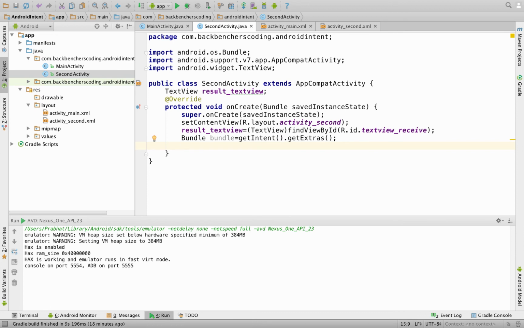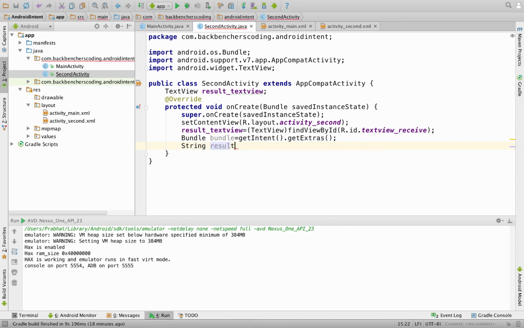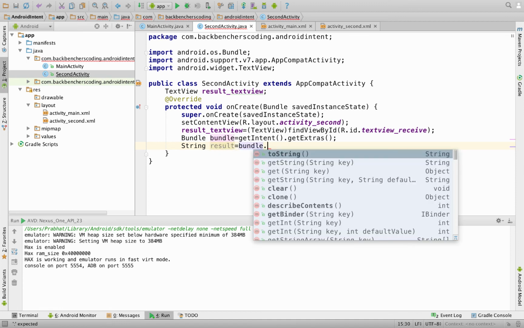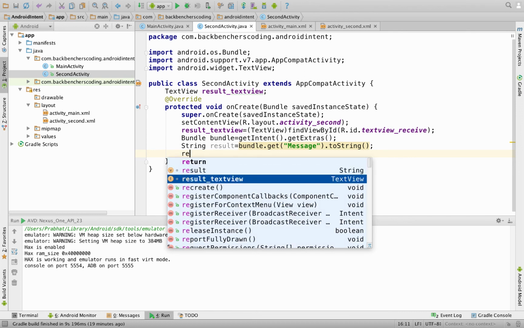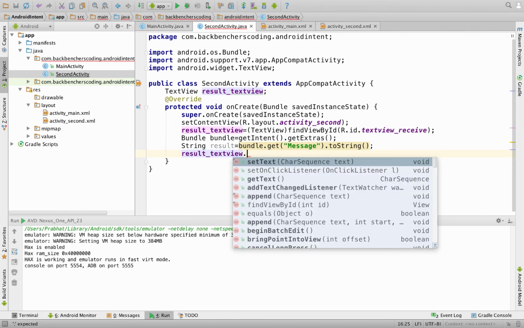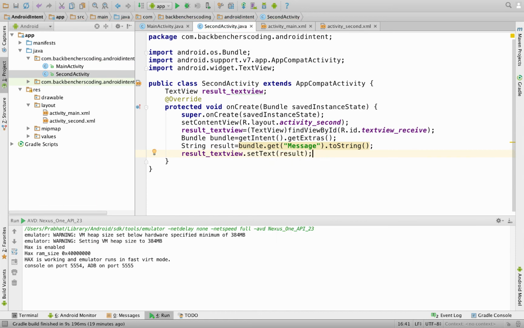So what we are going to do here is we are going to take another string variable as result and store our message which we had previously stored in bundle by get, and we are going to pass the key which I previously mentioned over here and write toString method. We are going to set this result in our text view. So for that, result_textView.setText as result. So we are done with the second activity as well.